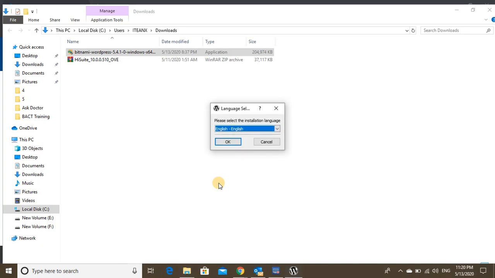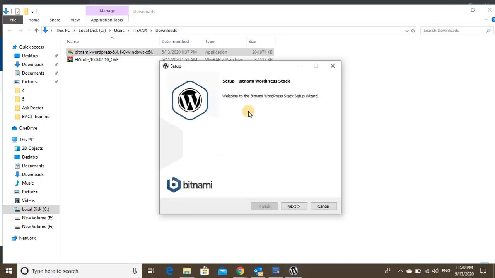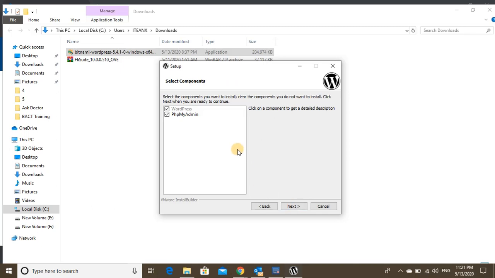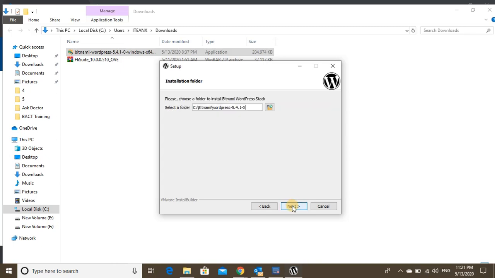From here select the language and then click OK. Welcome to the Bitnami WordPress Stack Setup Wizard. Click on the next button. Make sure it's checked because we need both, and then click next.